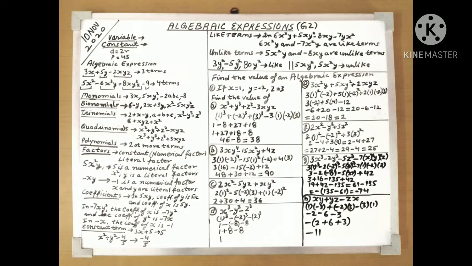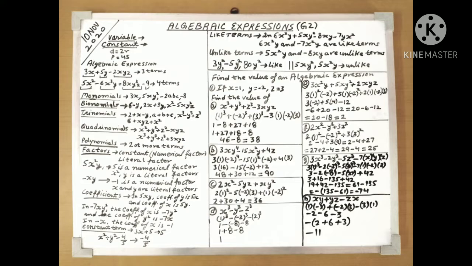Second we have binomial. Binomial means an expression which has two terms. Say for example 6 minus y, 2x plus 3y, x square minus 5xy square z. These are binomials. Next we have trinomials. An expression which contains three terms will be known as a trinomial. For example 2 plus x minus y, a plus b plus c, x cube minus y cube plus z cube, 6 plus xyz plus x square. These are all known as trinomials.